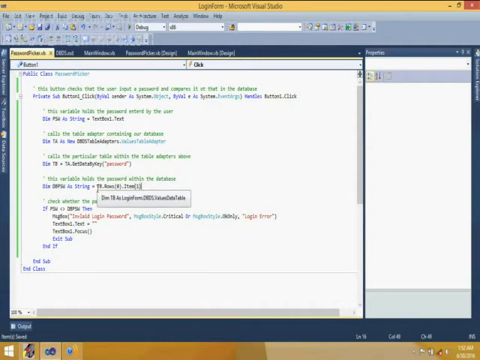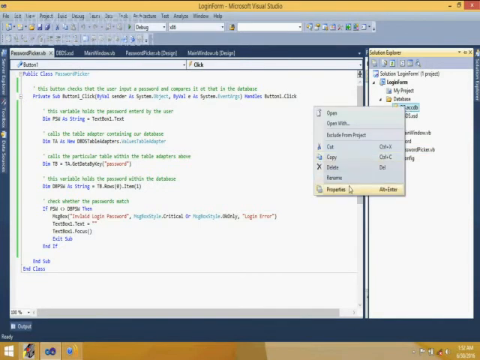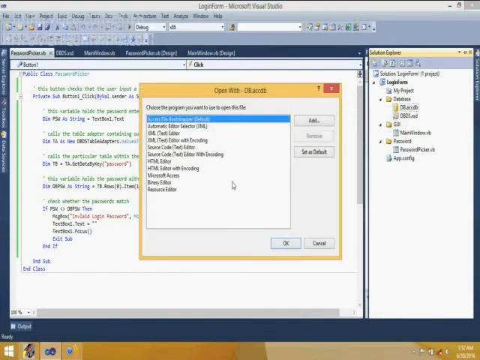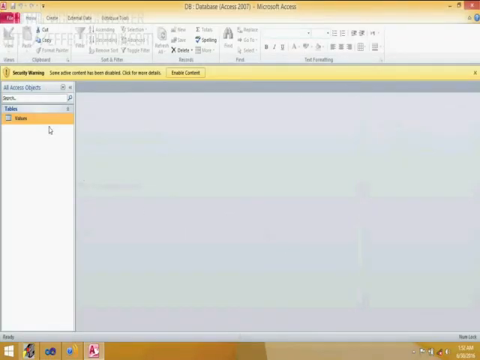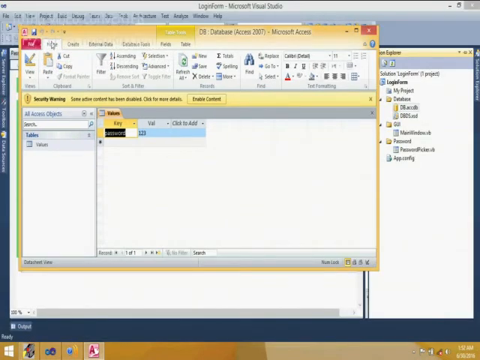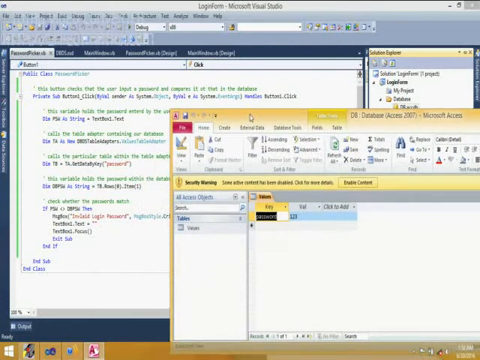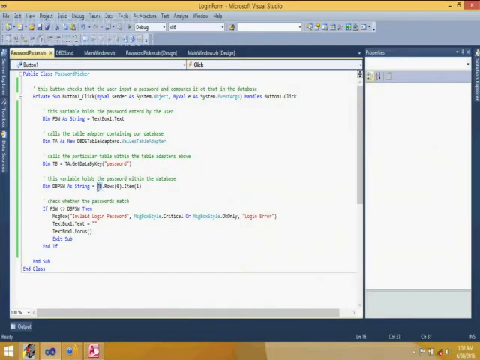Now you see here we have db.rows of 0 dot item of 1. Now what that means is this, open with Microsoft Access. What we mean by that is this, we are trying to access what? We are trying to access values table, which is tb dot rows of 0,